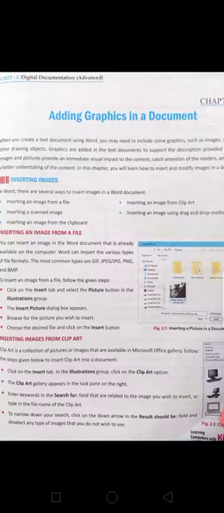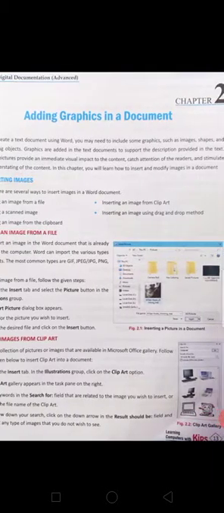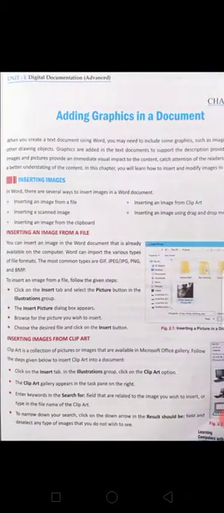We can add any graphics in our document: graphics in clip art mode, in image mode, in shapes mode and other drawing objects. It will give a special appearance to our text document and sometimes it will provide support for description.